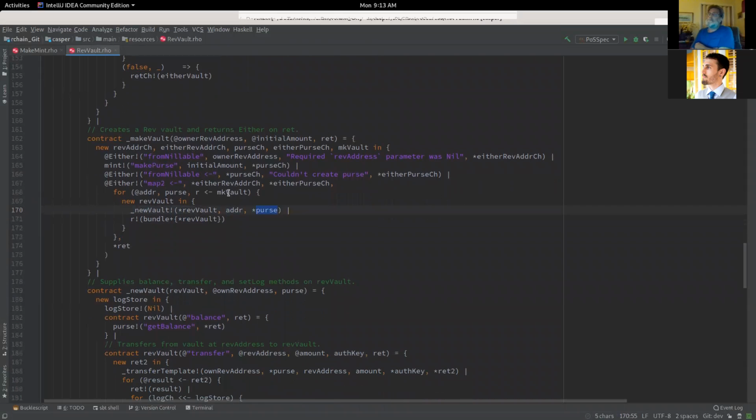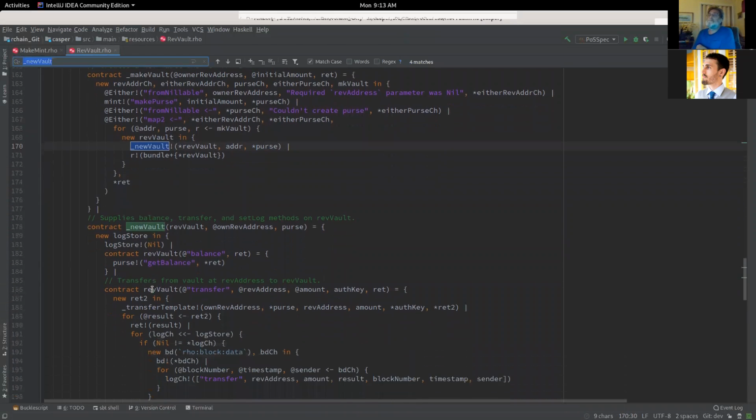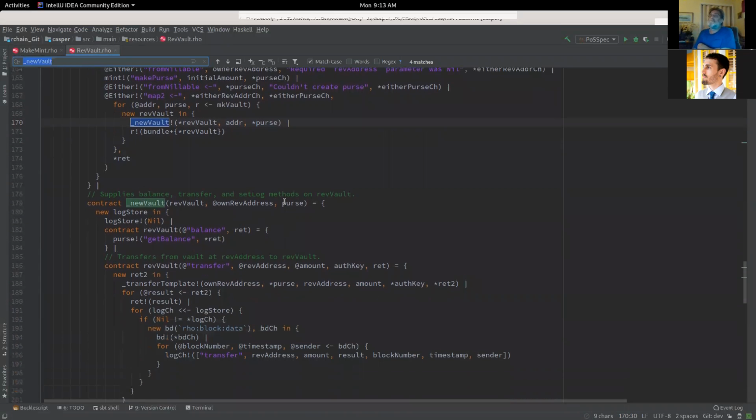And the purse, so maybe if we just go here, okay, it's right there. The purse is basically just like some process that holds a balance. So it doesn't know anything about who's allowed to access this balance.